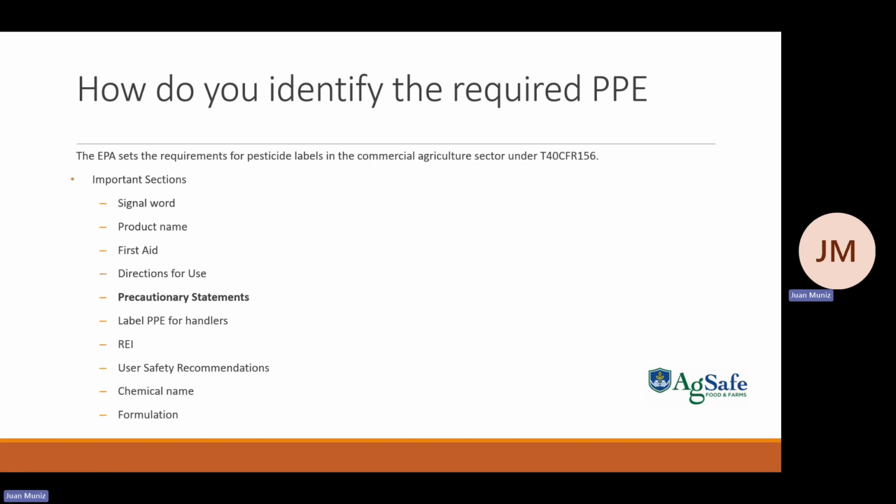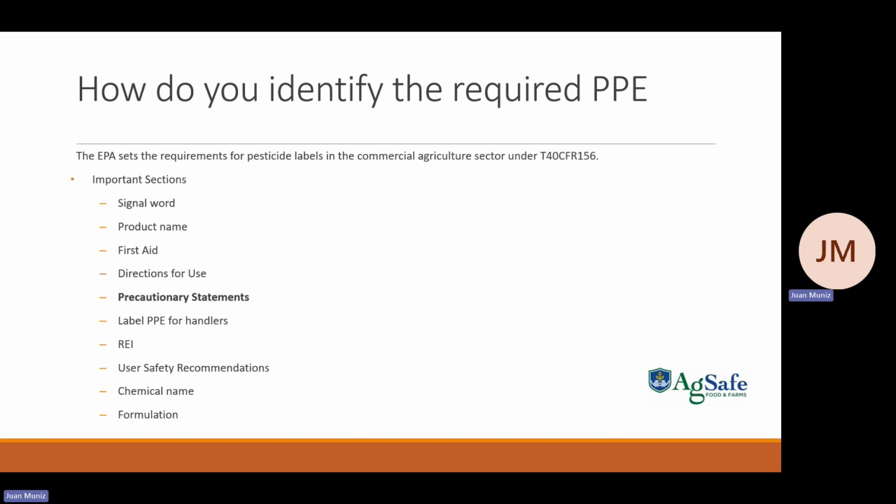How do you identify the required PPE? The Environmental Protection Agency, or EPA, sets the requirements for pesticide labels in the commercial agriculture sector under Title 40, Code of Federal Regulations, Section 156. And there are many requirements. However, we have listed a few of the important ones that are generally covered under the Worker Protection Standard for handlers. And these include the sections that